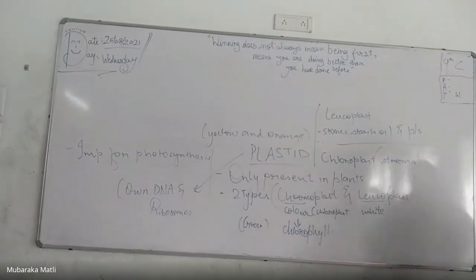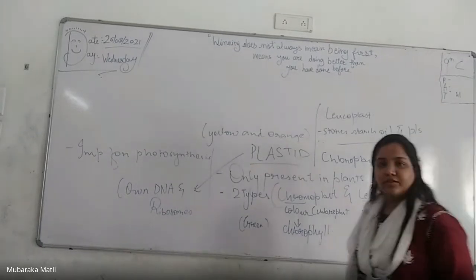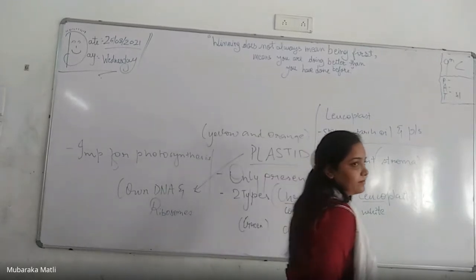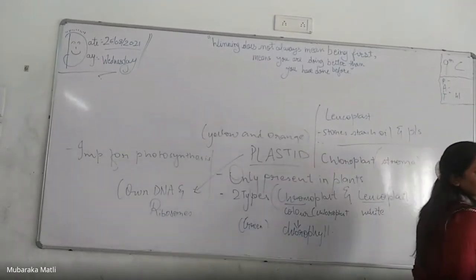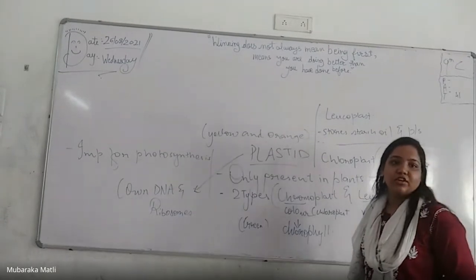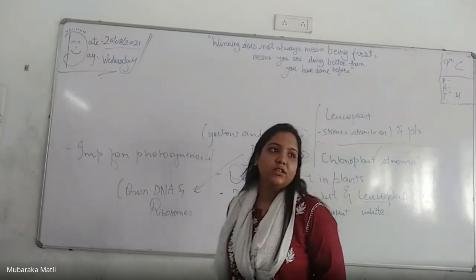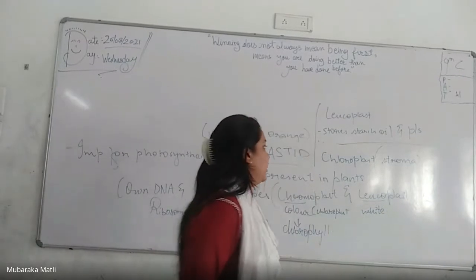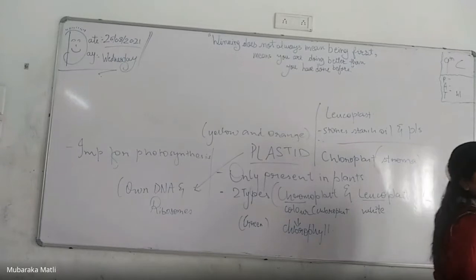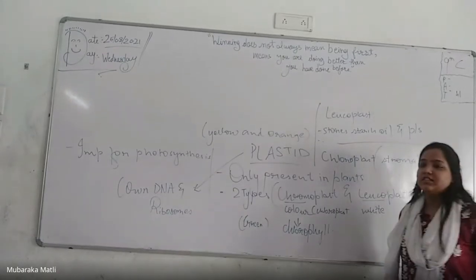Yellow and orange. Then it is important for photosynthesis. Very good. Then starch, oil and protein. What do chromoplasts contain? Stroma. And another particular thing about plastid is